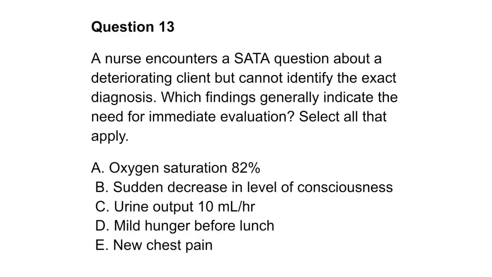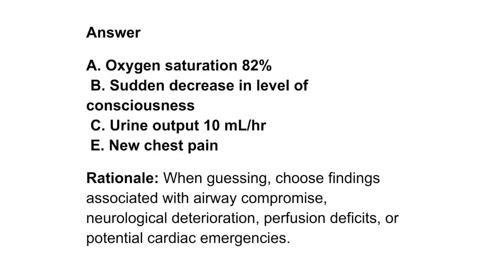C. Urine output 10 milliliters per hour. D. Mild hunger before lunch. E. New chest pain. Answer: A. Oxygen saturation 82%. B. Sudden decrease in level of consciousness. C. Urine output 10 milliliters per hour. E. New chest pain. Rationale: when guessing, choose findings associated with airway compromise, neurological deterioration, perfusion deficits, or potential cardiac